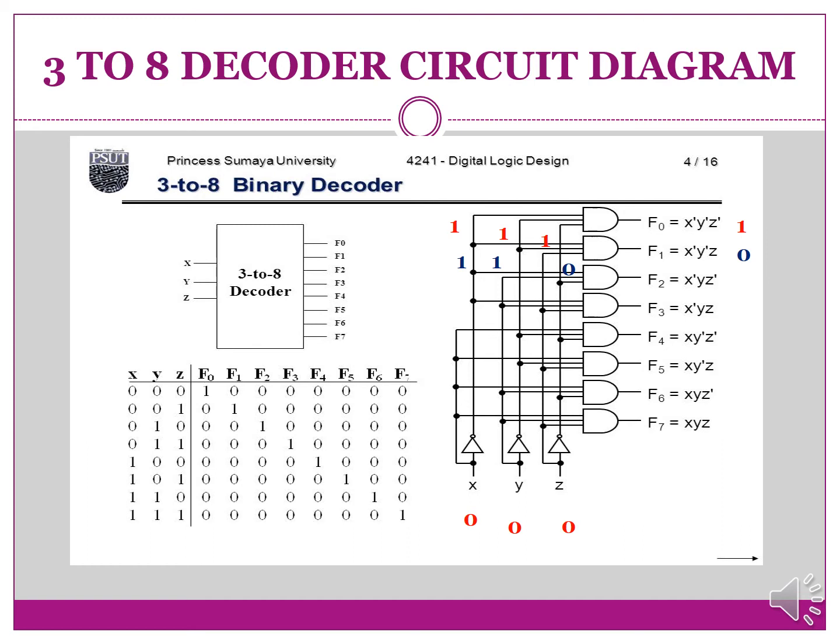Now we look at the F1 output. In the F1 output, one input is 1, the second is 1 and the third input is 0. As we studied, if any one of the inputs of an AND gate is 0, then the output will be 0. In the same way, for F2, F3, F4, F5, F6 and F7, we get 0. That is indicated in the first row of our truth table. We only enable the first output F0, or we can say that the first output becomes high and the other outputs become 0.